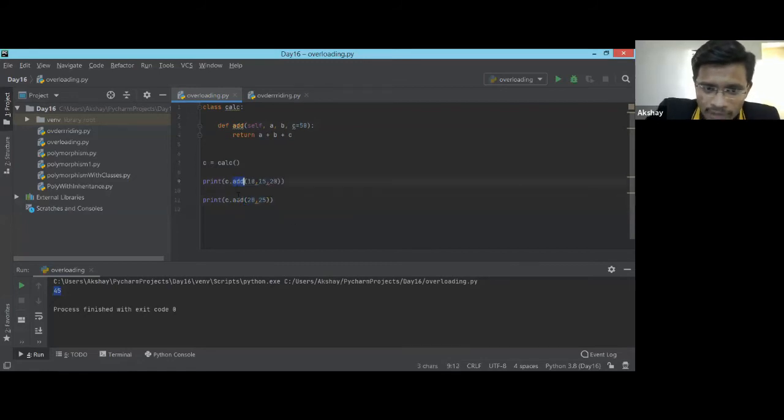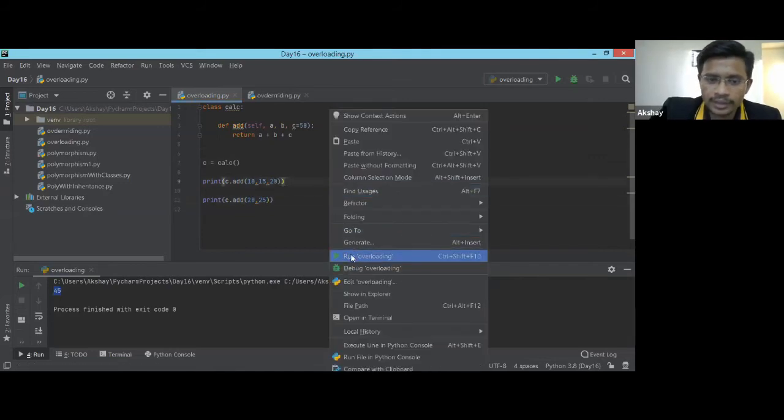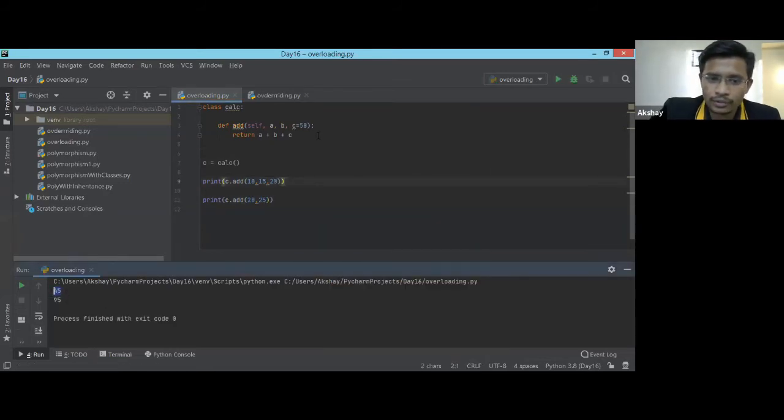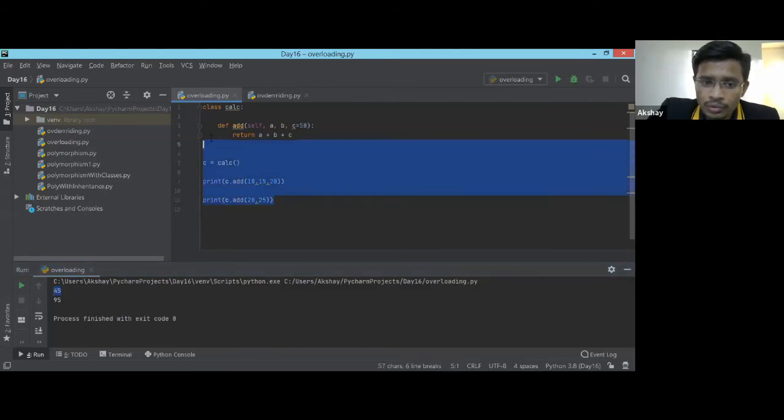The same method I'm using, but with different arguments. So here length of arguments was 3, here length of arguments is 2, but still both will work and both will return different results. Okay, so here it is 45, because 10 plus 15 plus 20 is 45, and 20 plus 25 plus this 50 equals 95. So this is what overloading is all about.